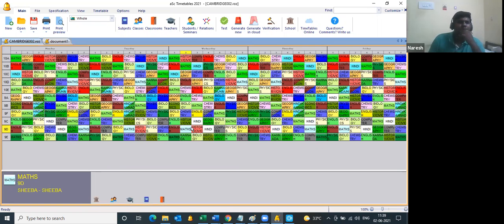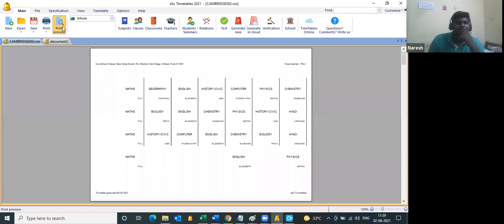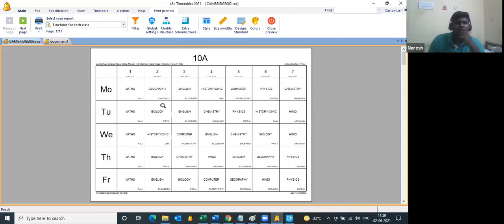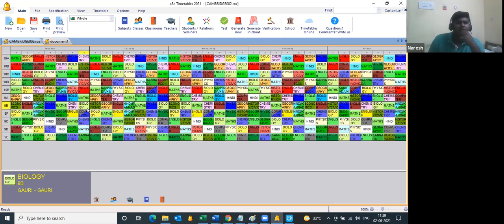So this is on the spot. They just gave me the details as per the template. This is how we have generated it for classes 10 and 9 alone. We just imported it and immediately generated it.